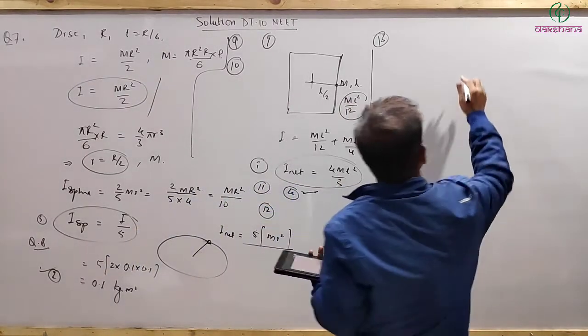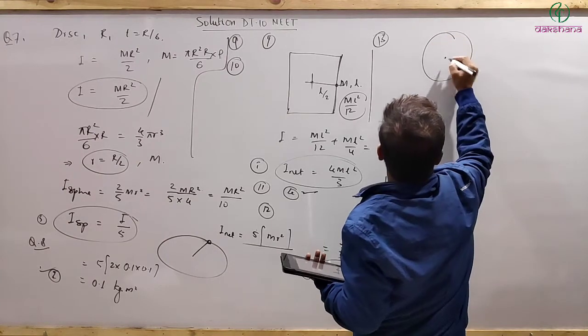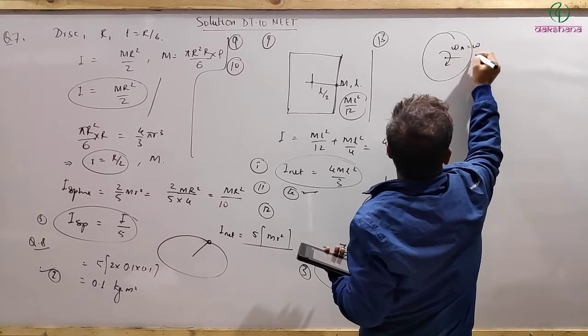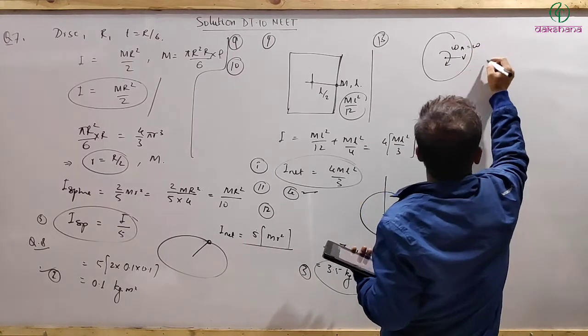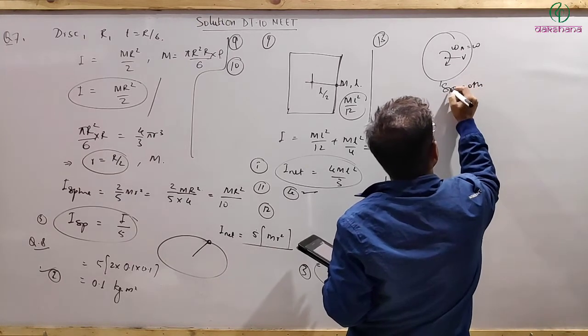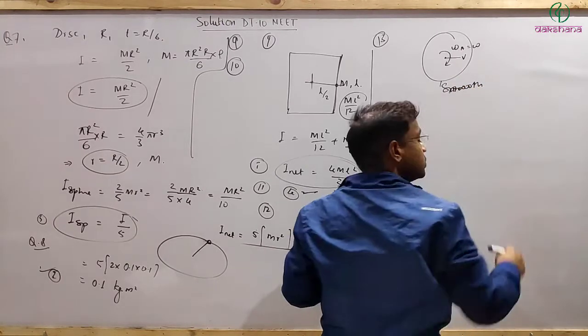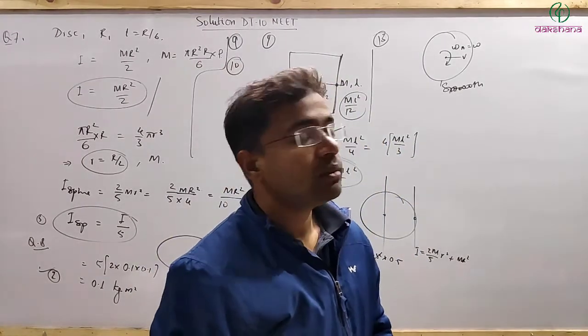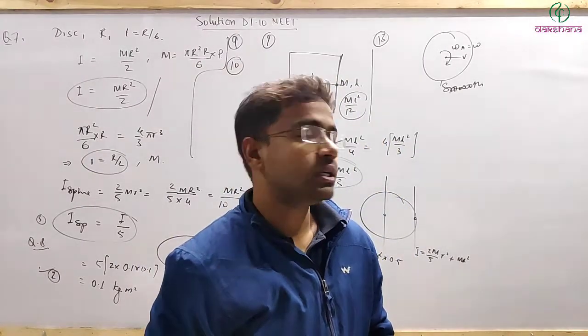So here I have this solid rigid body with omega a and velocity v, and it's striking. This is also smooth, and the surface is also smooth. Everything is given. So what will happen here? When collision happens, then only linear momentum exchange and redistribution will